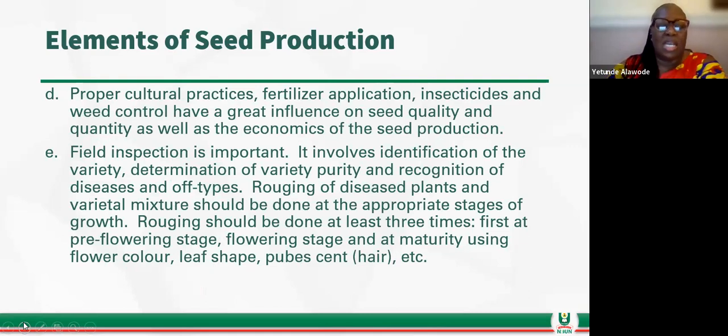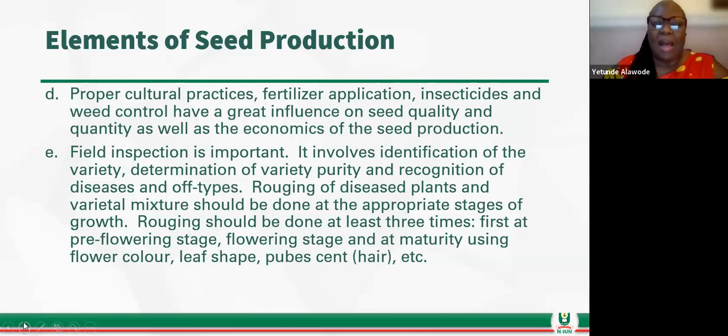And also field inspection is important. You always have to go to your field all the time. If a breeder selects you to be able to promote a seed, you have to impress the breeder. So you don't do things that will make the seed contaminated. You visit the farm all the time, then you rogue the diseased plants, remove the diseased plants and varietal mixtures,